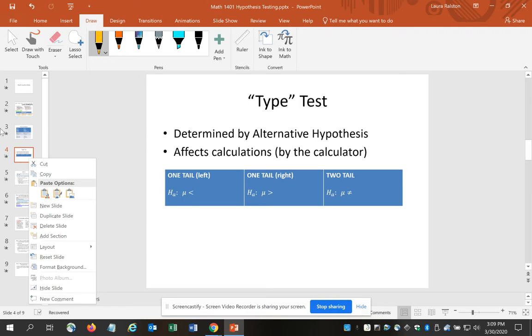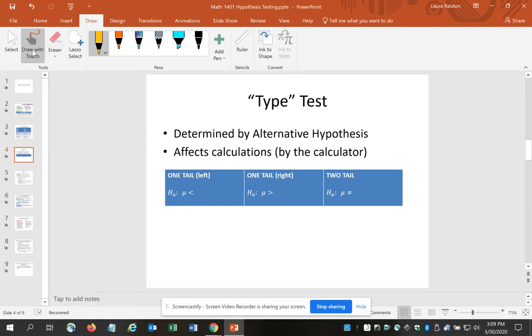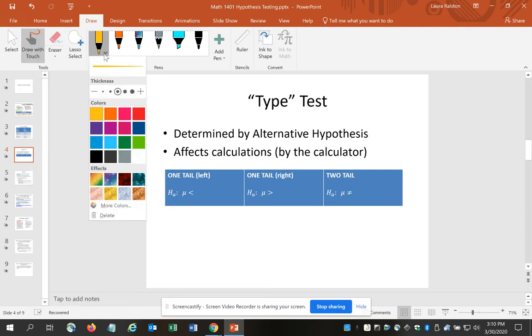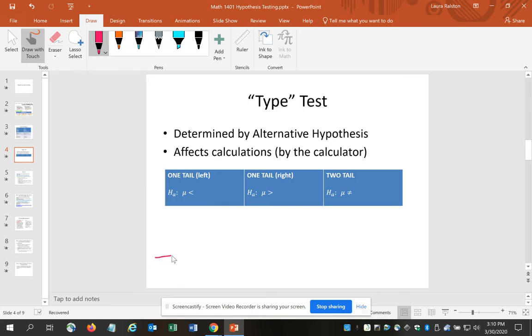Since we're dealing with the mean, and we're going to focus on specifically what is called the one mean Z test, our test itself is based on the normal distribution,